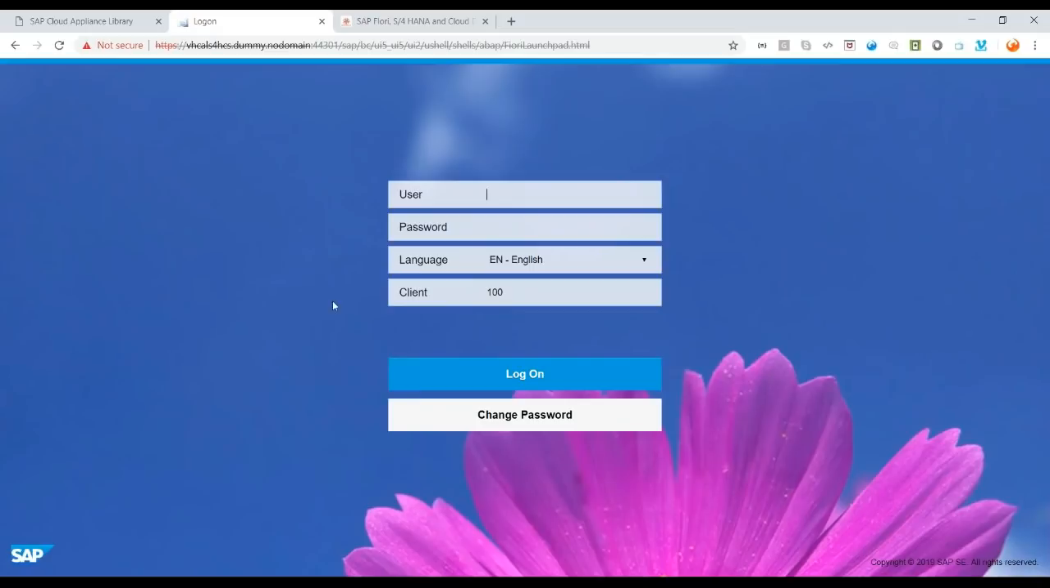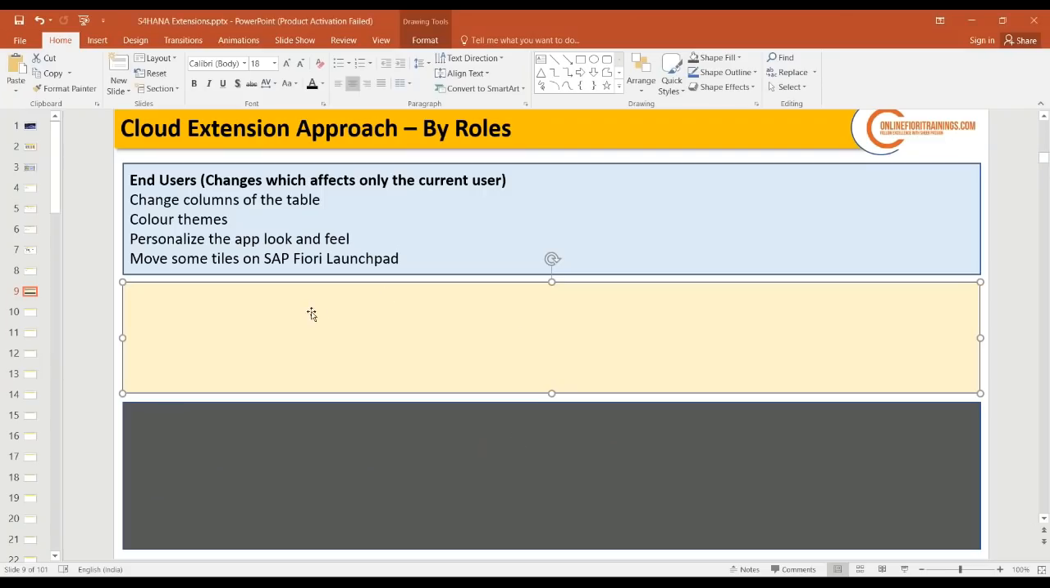Okay, so I have an S4 system. We will be experiencing in the system how to do these things and achieve it. Then next comes the key user. Who is a key user? A key user is a person in the company who is responsible for some minor functional changes without much technical knowledge. So this is a non-technical user